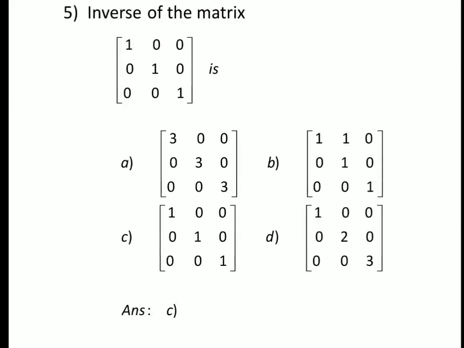And lastly, the inverse of this unit matrix you can find. The answer is again that the inverse of a unit matrix is itself the unit matrix only. You can verify this by multiplying. One shortcut method is multiplying this with this, which is I into I, and you will get I only. This is the shortcut method. No need to go for the Cayley-Hamilton theorem.